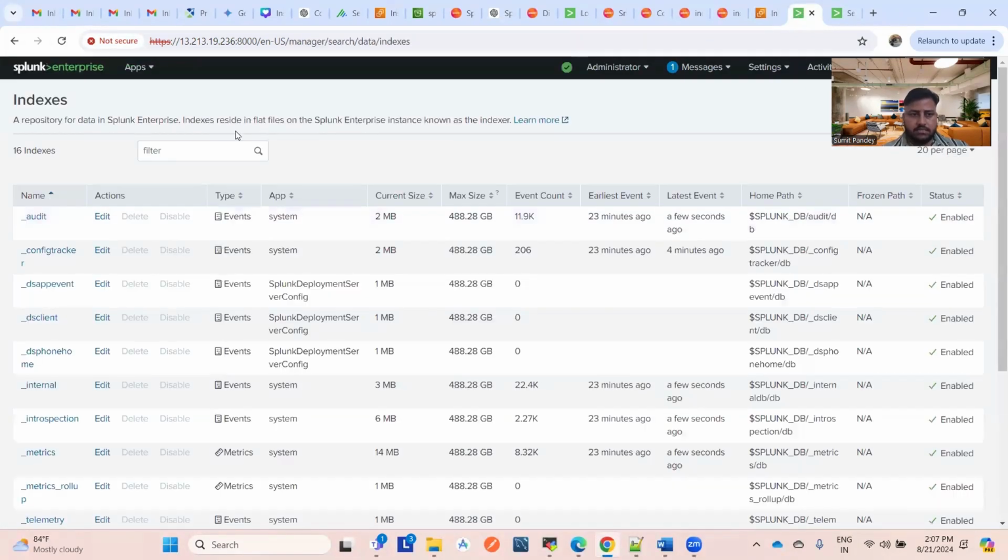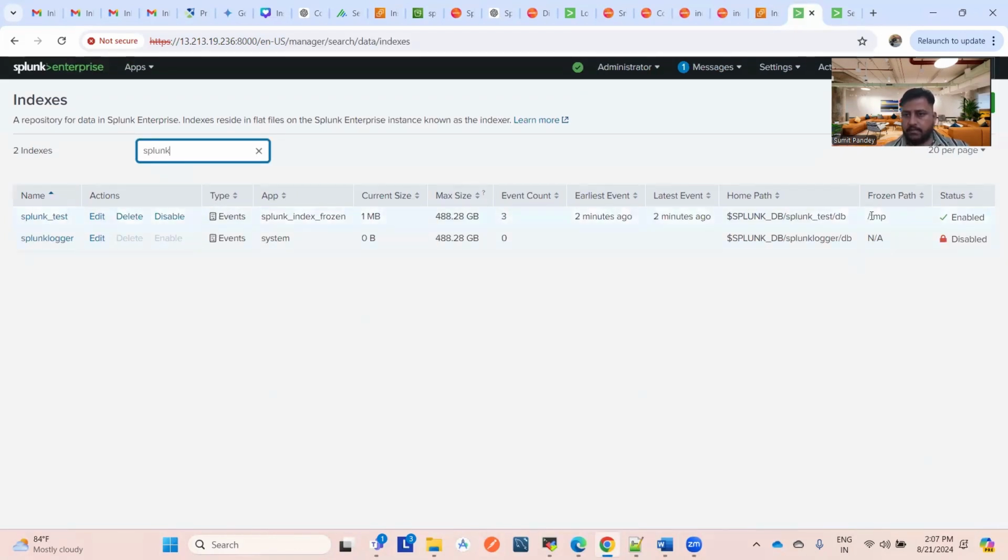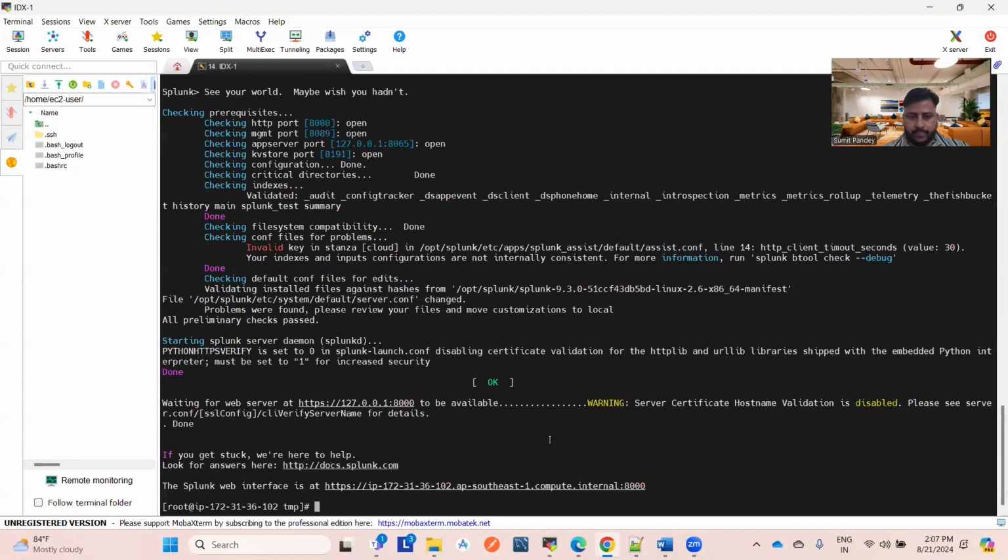So Splunk has been restarted. It means the data would have been moved to cold bucket. It would have been rolled there. And as for the configurations, we'll have to wait 5 minutes before the data gets deleted and the backup is taken, right? And if you want to check that,